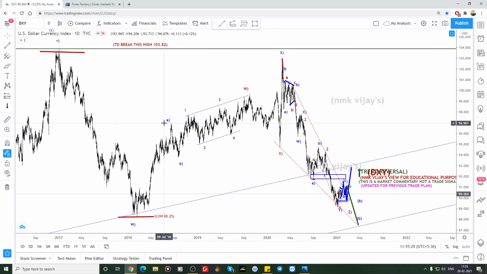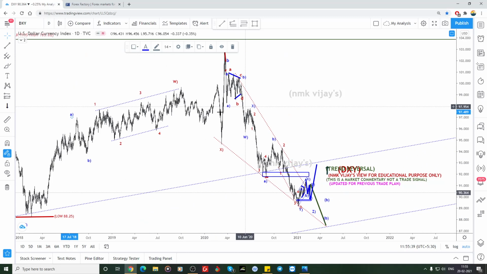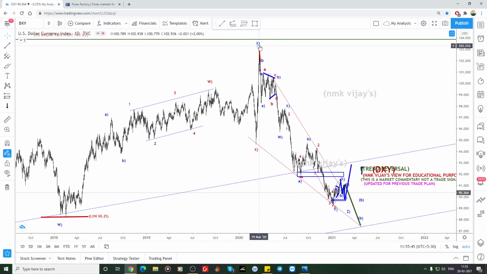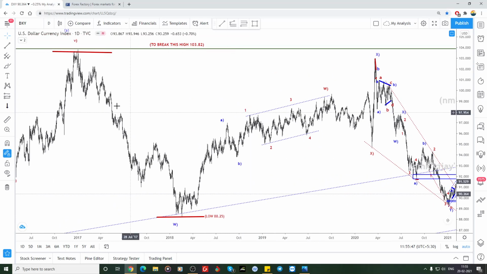This is an A, the 5-wave structure. It ended here. A, B and C is an ending diagonal formation. So this A, B, C is a W. So it's a zigzag. After that, here is an X, an expanded flat, and Y has already ended here. So in that case, this is an ABC. So whatever you can make, you can make this as a 5-wave structure,